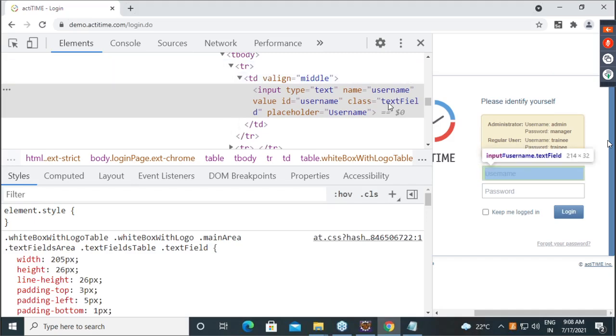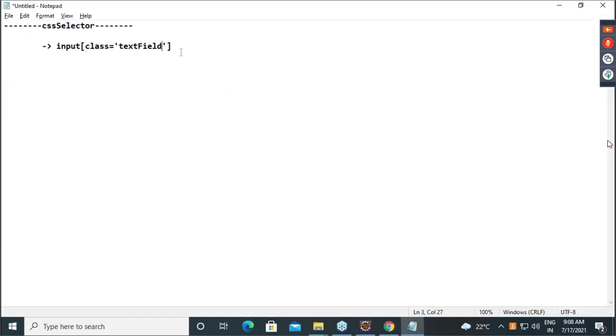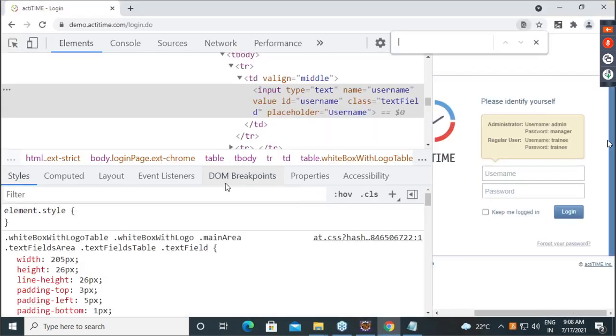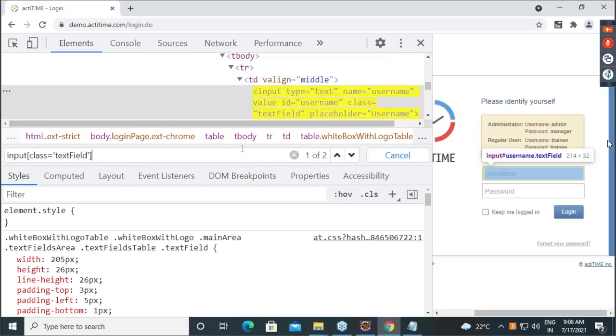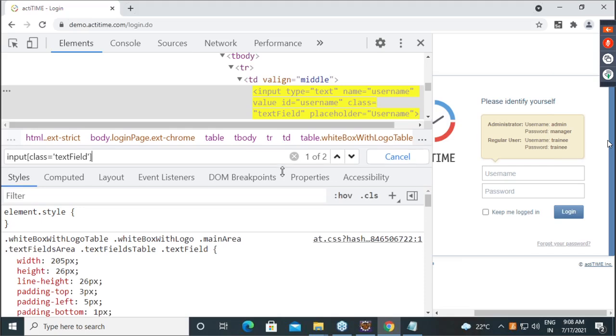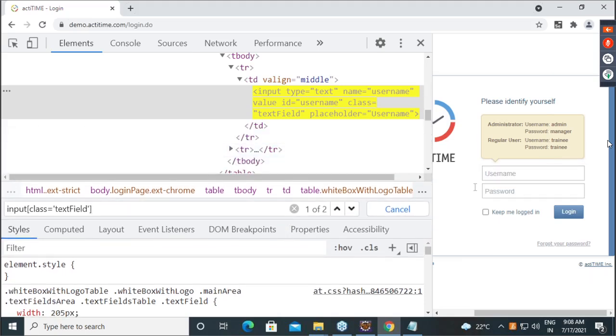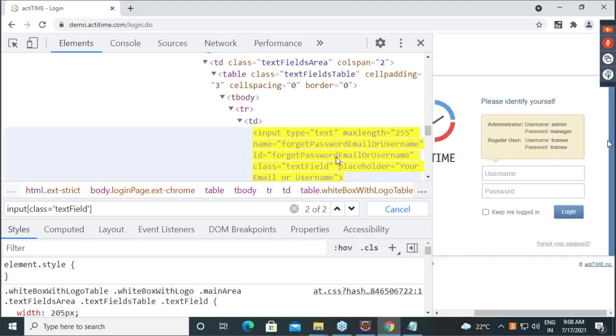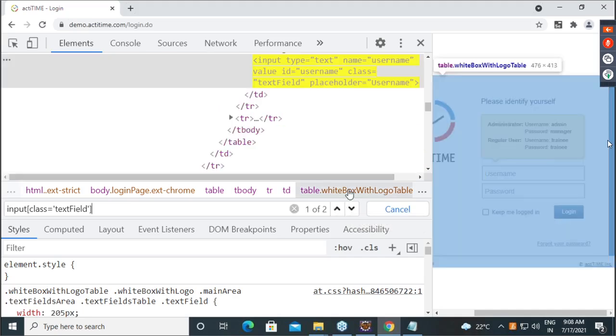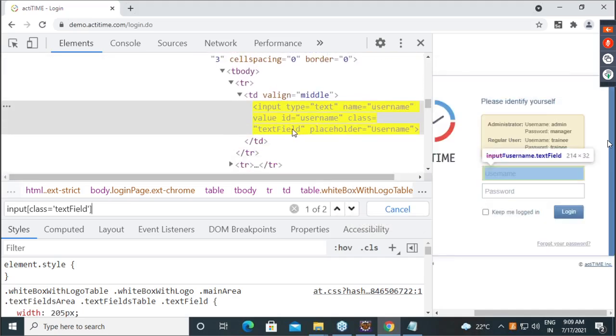Now guys, if I give it here, how many matching? One of two, because you know in the password also the class text field is available. So that's the reason we are getting two matching.